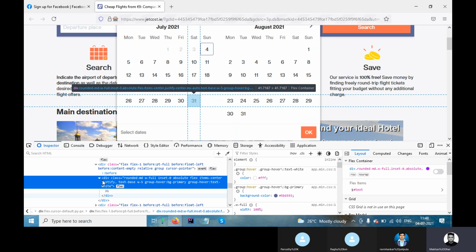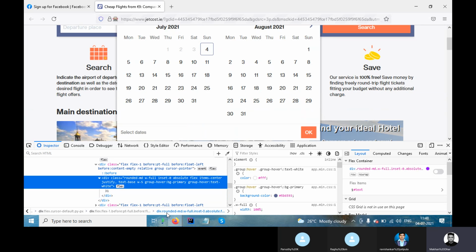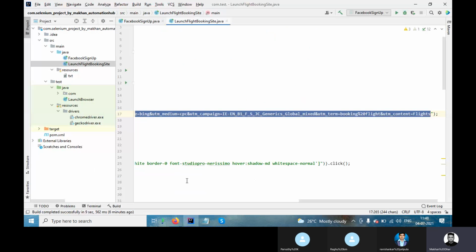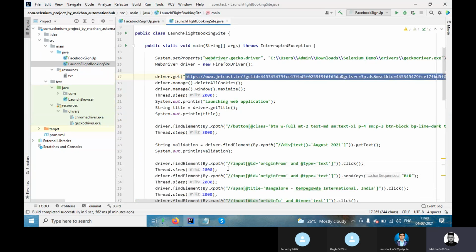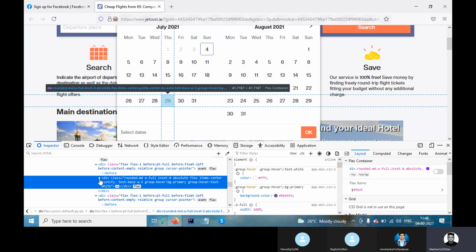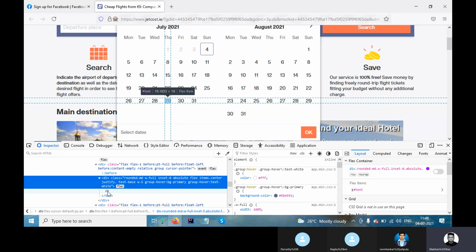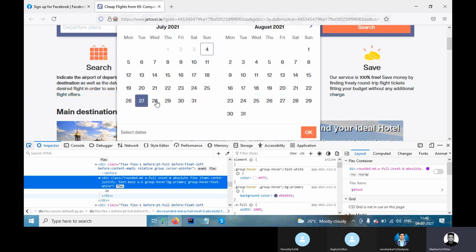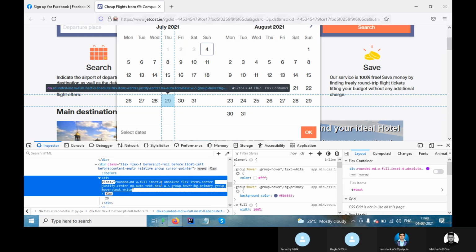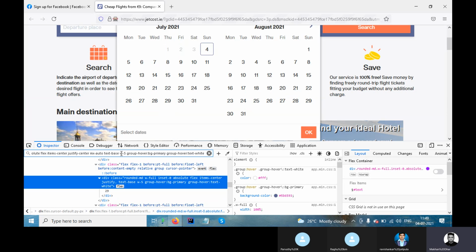Okay, but for example, let's assume it has a value like this. Okay, this one. So in the same way you can use a select class. Just use a select class. So suppose it has a value and everything, you just go and try to do it with this. Okay, for example, now suppose I need 29. So this is 29. Okay, this is the class. First thing, this class has an issue.